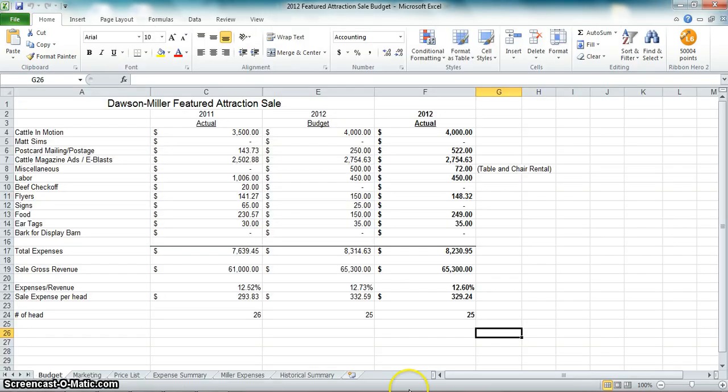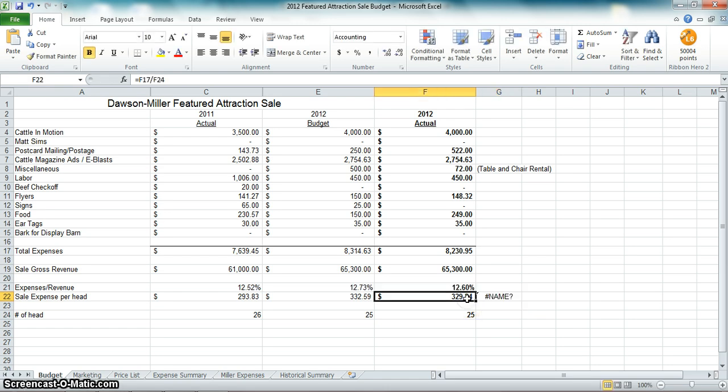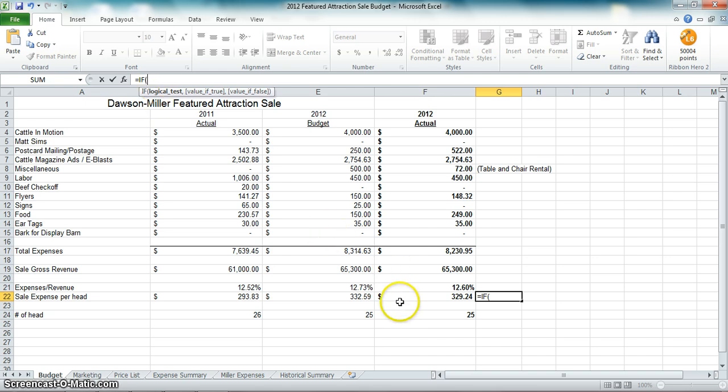So let's take a look at an Excel document, and let's say that this number right here is the surplus that the Historical Society has. So in the cell adjacent to it, I'm going to start my if statement. As you learned in the beginning of this chapter, in order to start a formula, we have to use the equal sign. So I'm going to type equals if, and I've got to use my parentheses. Don't forget your parentheses. If cell F22